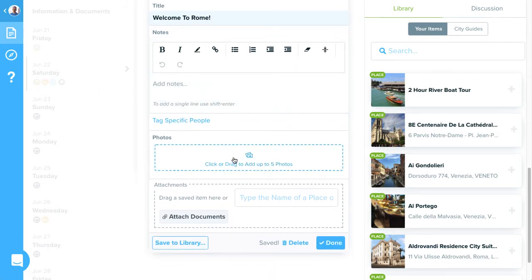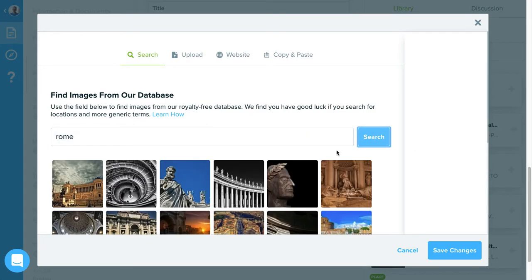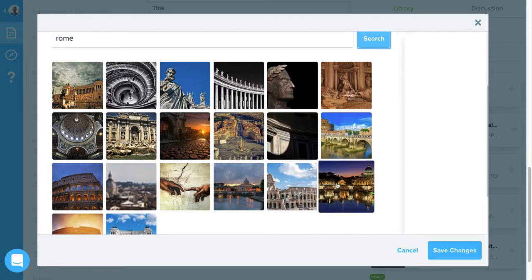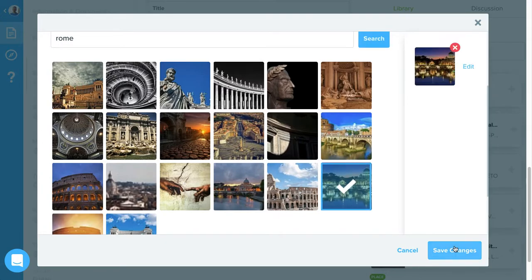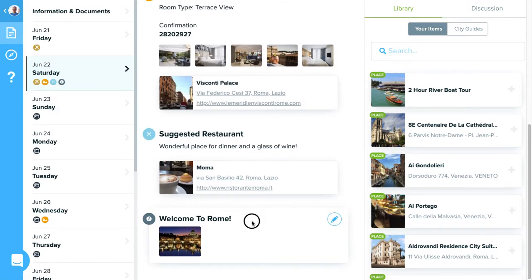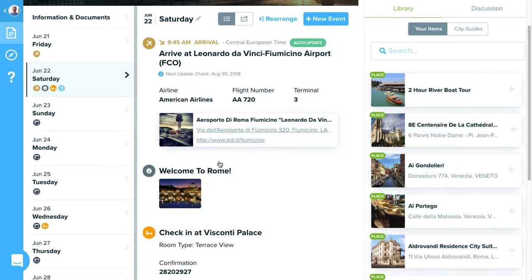And I can search our photos library. I'll click that and search for Rome. Lots of high resolution royalty-free photos that you can choose from. So I'll select one and choose Save Changes. And so that'll display a nice large version of that photo. But then also you can add, I'll drag this into place while we're looking through this, but you can also